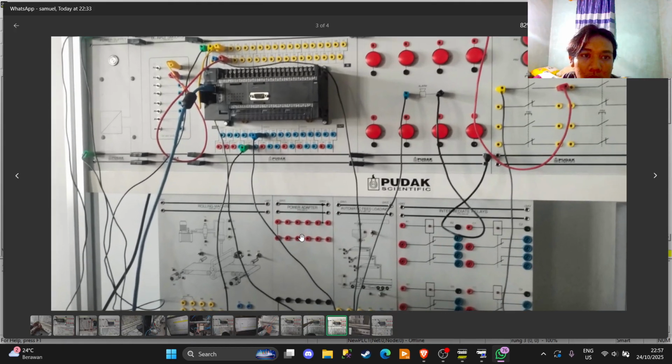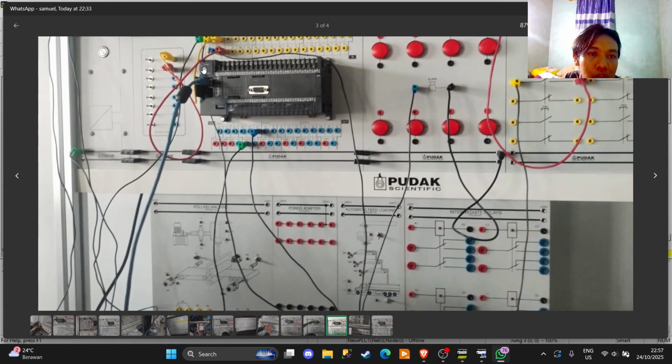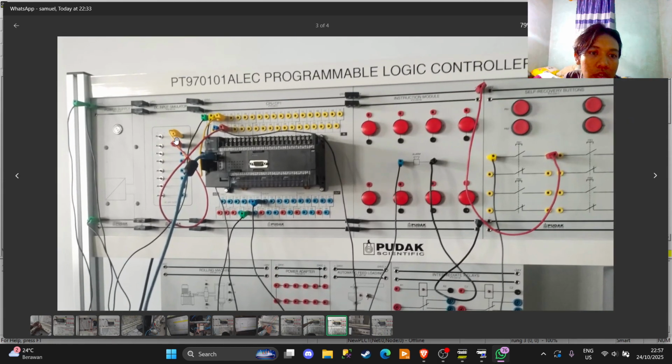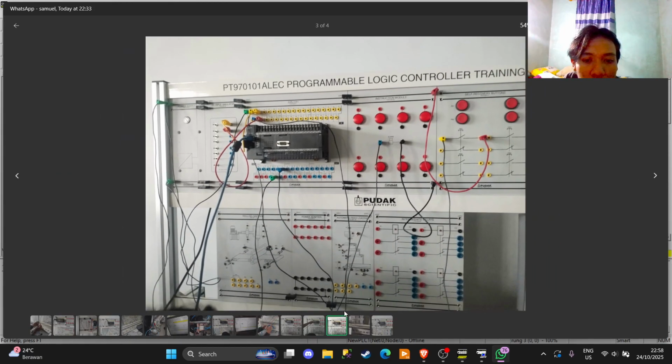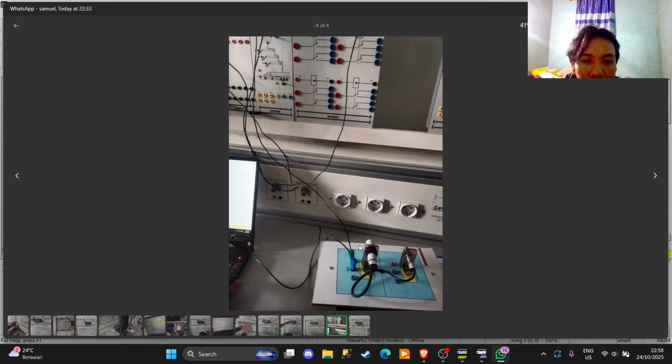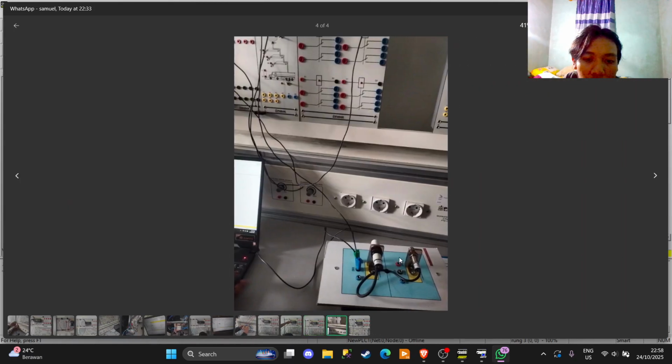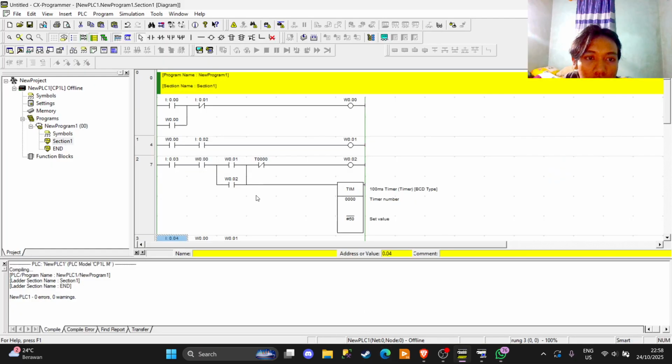Then we see the switch in here, I think 003, and then the blade is going to the proximity sensor. The 002 from the proximity sensor is on here.